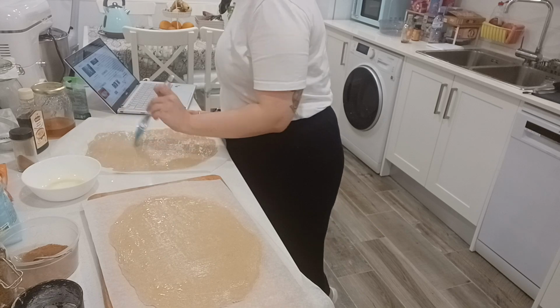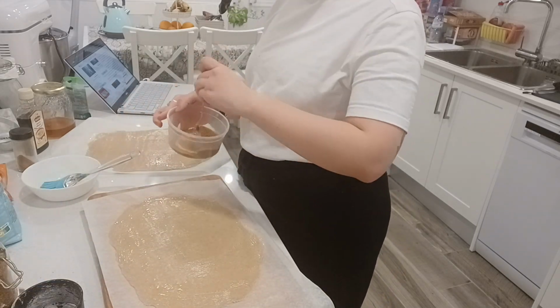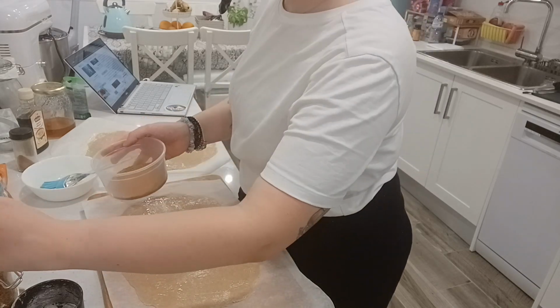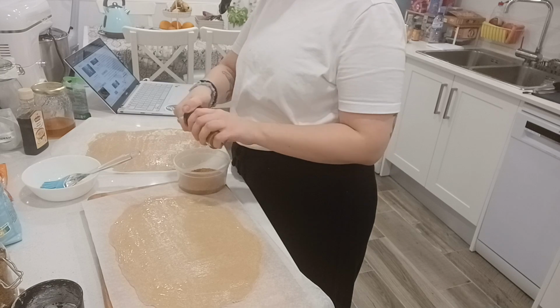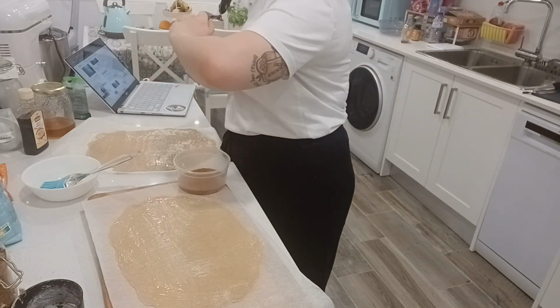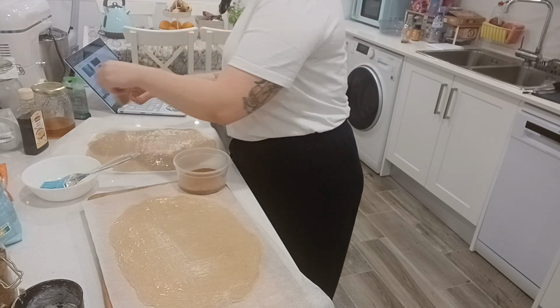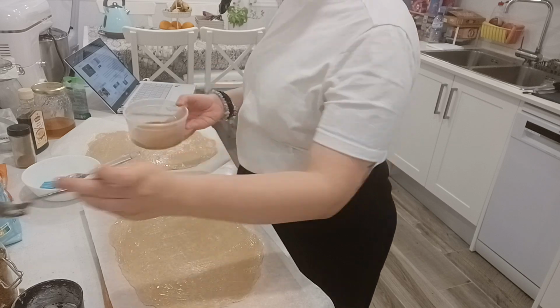I will say, if you make this recipe, I'm pretty sure that I can find it, so I'll have it down below for you guys to try. You can also make it normal if you don't want to make it gluten-free. This was so delicious, but I want to try that again in the future, because I kind of messed it up because I didn't roll it out to be thin enough. So the edges were